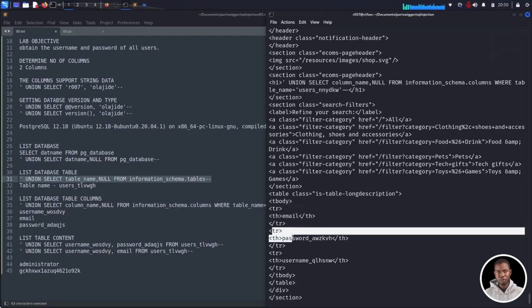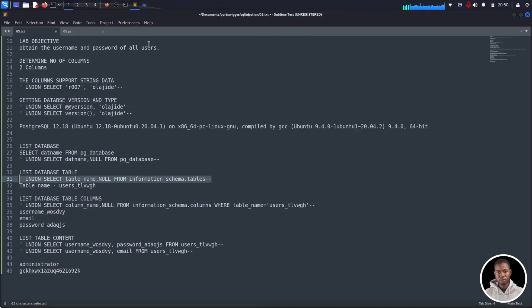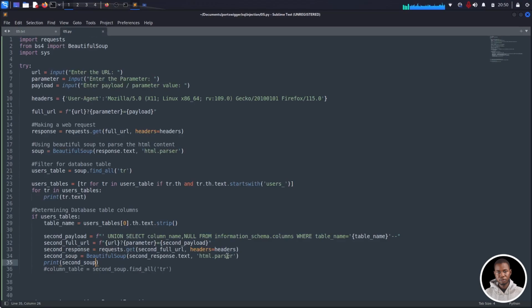So we also have another one for the password. We have another one for the username as well. So that is why we are extracting the tr tag using Beautiful Soup. So if you go back to our code, let me just remove this one, remove the column,